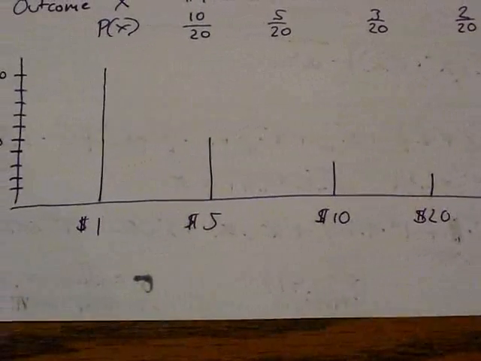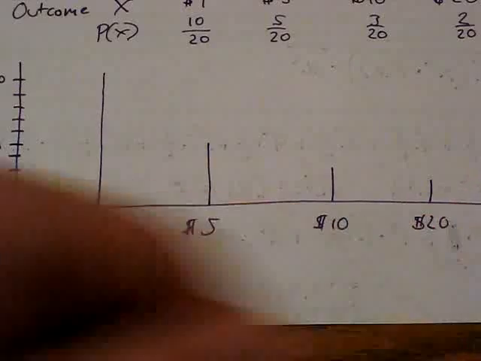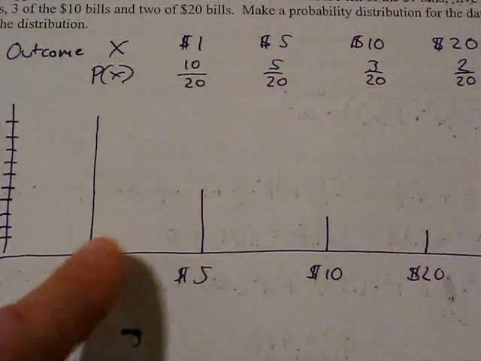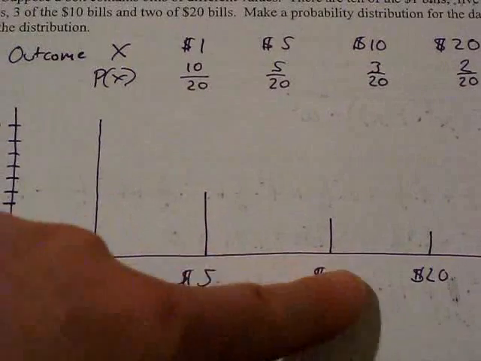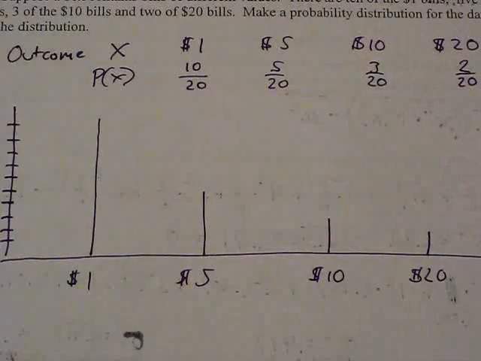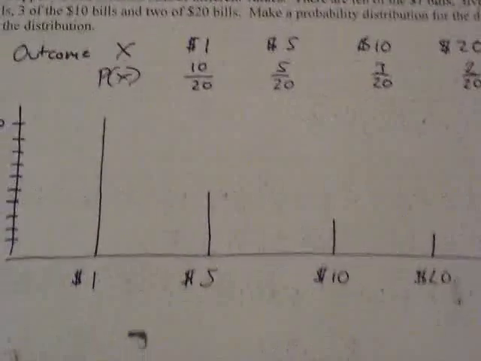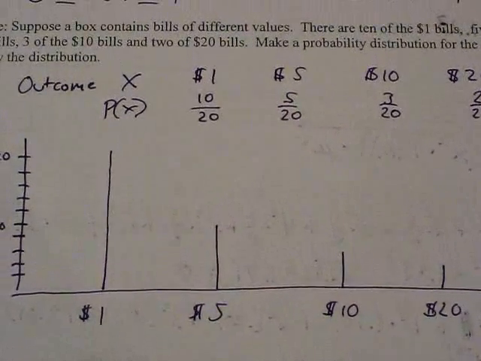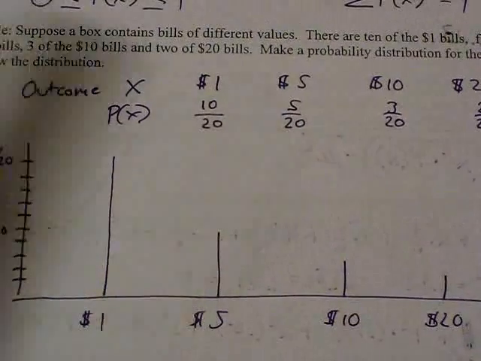And your outcomes are going to be all those values, and you'll notice that all those values, if I take the 10 out of 20, the 5 out of 20, the 3 out of 20, and the 2 out of 20, it's going to add up to 100%. So really in section 5.1, they're going to be quizzing you a lot on what is a discrete,